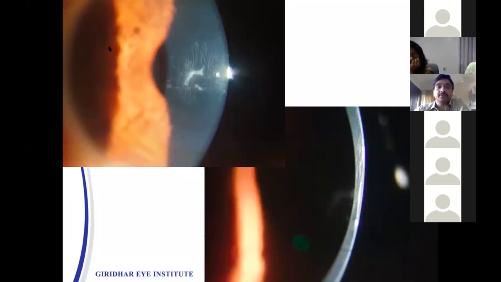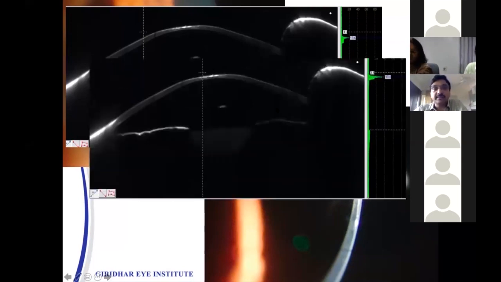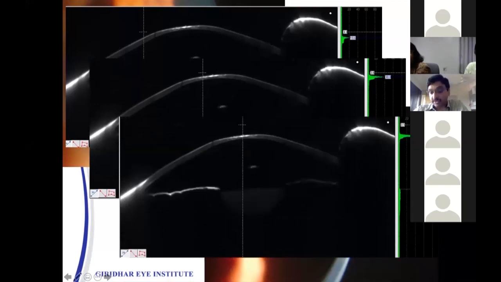Now this is a keratoconus which has all features: scarring, Vogt striae, Fleischer's ring. This is a Scheimpflug image. This is the area of interest which is shown here. A clear normal cornea is somewhere around 90, and this area, which is empty air, is somewhere around 3.3. As we bring this zone of interest to the area of scarring, it shoots up to 38. As the scarring increases, the number also shoots up.